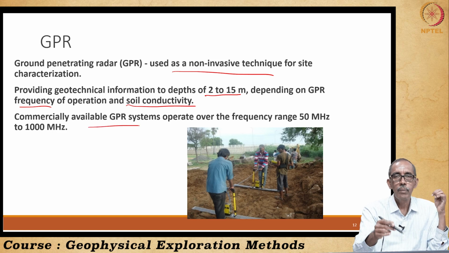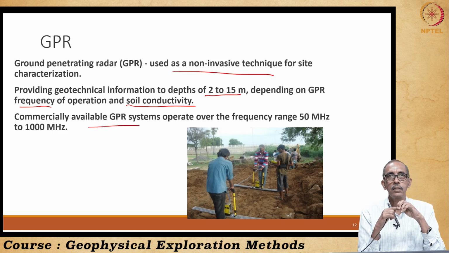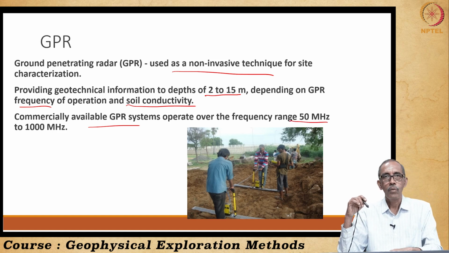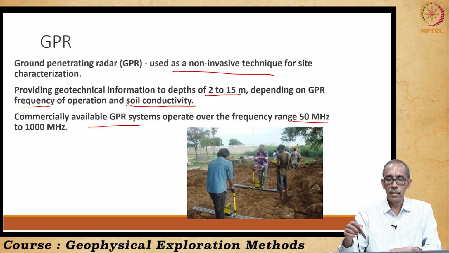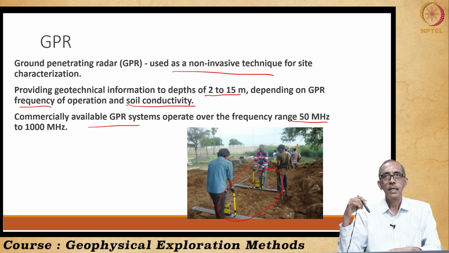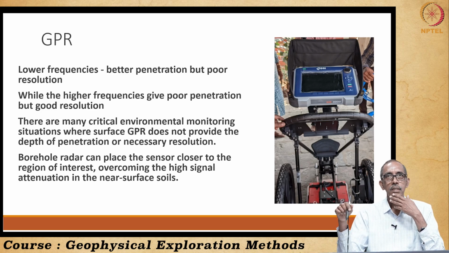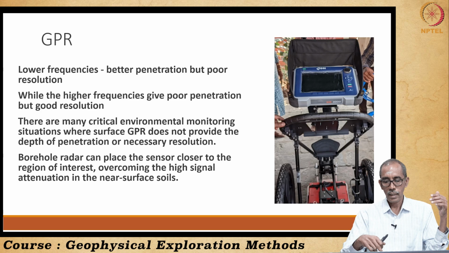So, commercially available ground penetrating radars have transmitters in the range of 50 megahertz to 1000 megahertz, right. Here too, we are carrying out the investigation near Madurai. We will see the results a little later, right. And beneath the surface, the transmitted signals meet the different interfaces and return to the ground surface, right. And with regard to the frequencies, we just now saw it is available in 50 to 1000 megahertz.